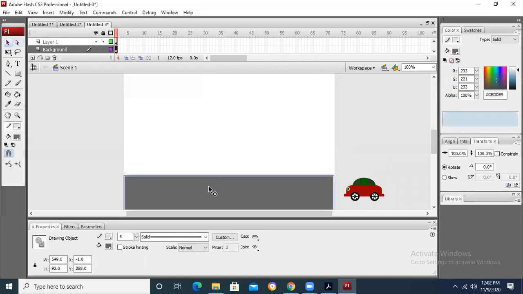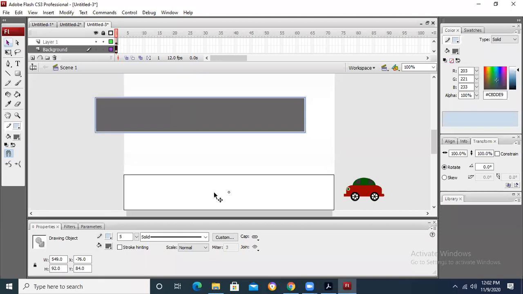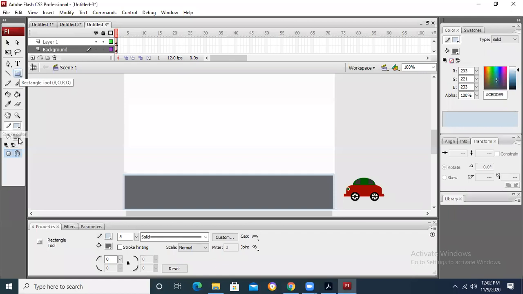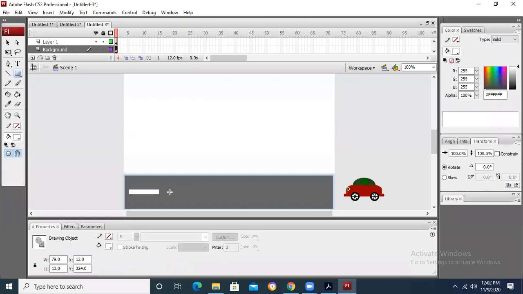There should not be any outline. This is the road. Now again without stroke, I am taking white color. I am drawing this on the background layer, keep in mind.